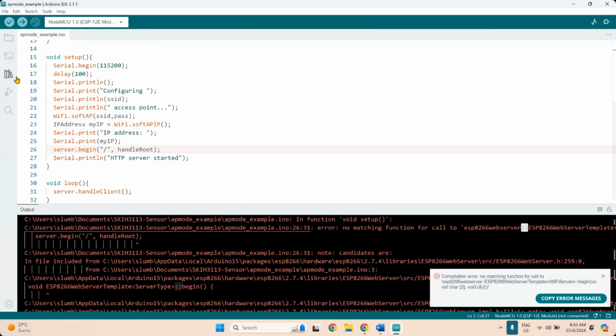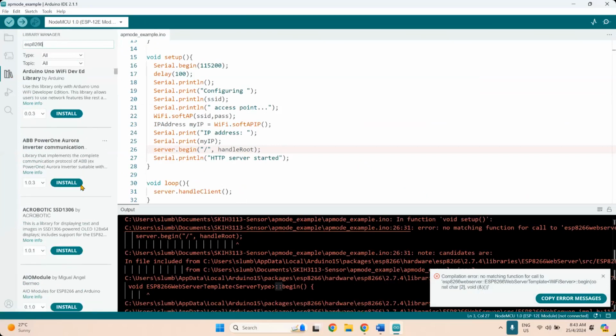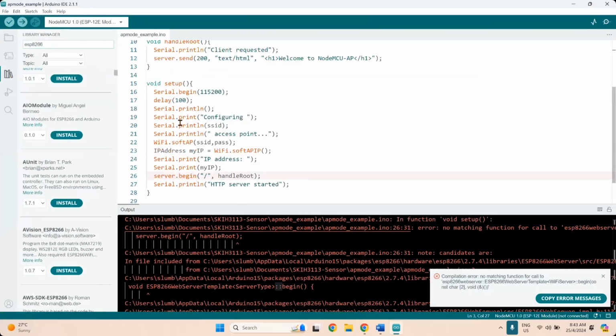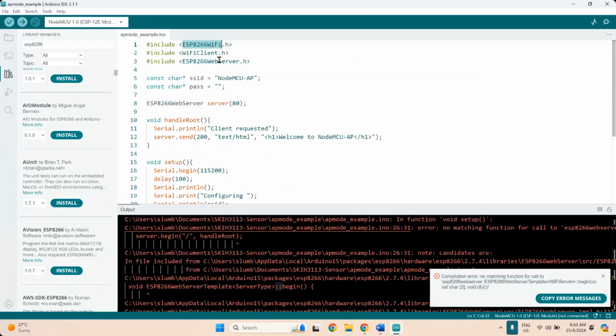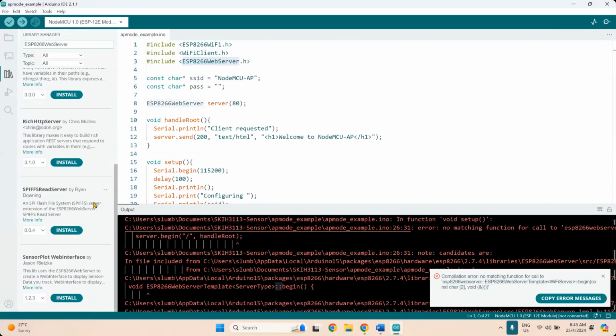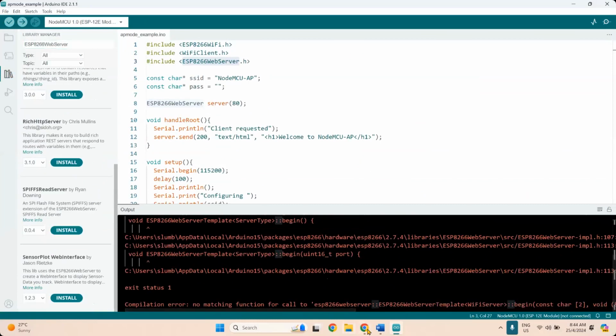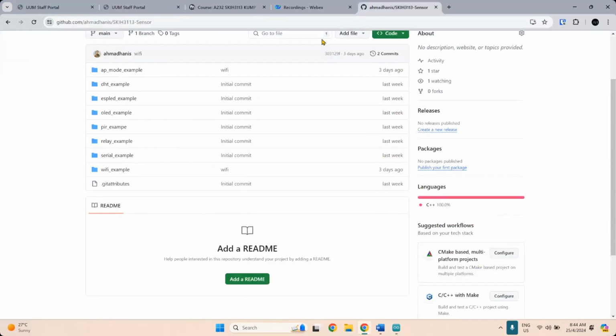All right, so let me check the library first, ESP8266, the version that I use. This is also another problem that you might encounter with libraries. Sometimes the new version no longer works, and the older version of the library didn't allow you to use that function. So I might need to check on this. It doesn't seem to work on the latest version. Let me check on that.